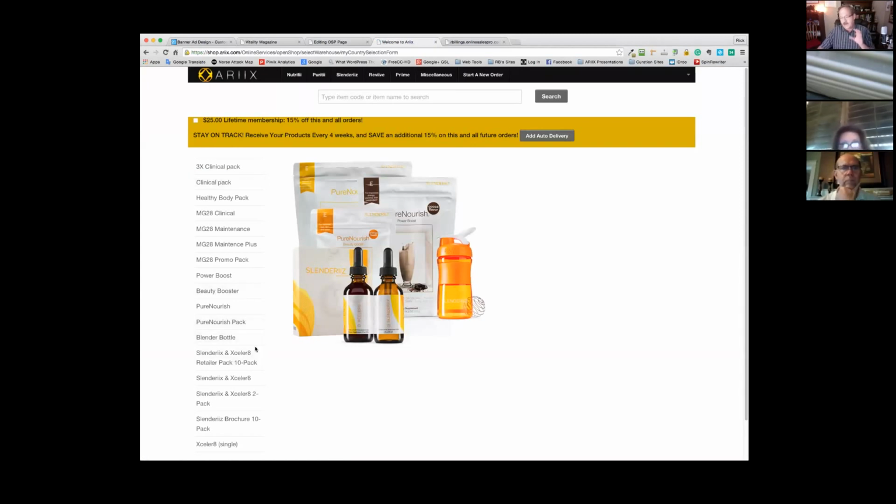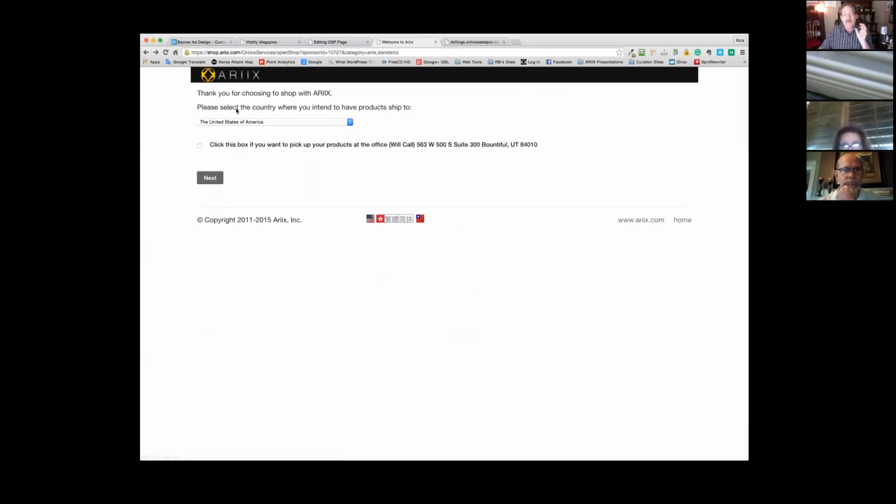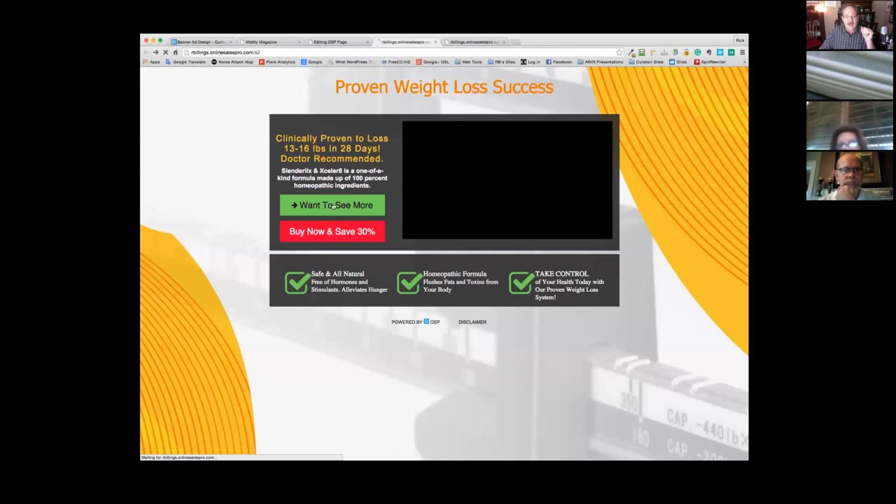Now, obviously, we talked about it before, RX, they need to change the experience on the shopping cart here. It's got to be a little bit easier to go through and stuff like that. But then they would go through and make a purchase. And the thing about it is, it works. I have people doing it. I have people buying stuff in the shopping cart. Okay, so